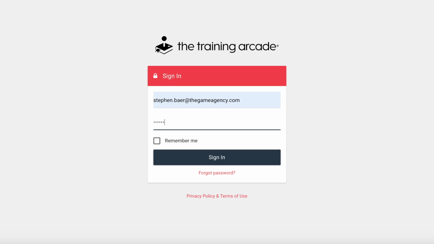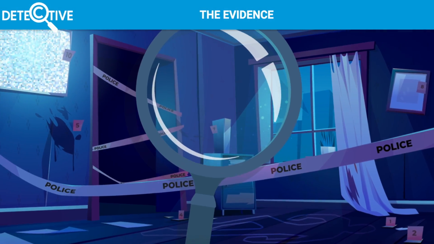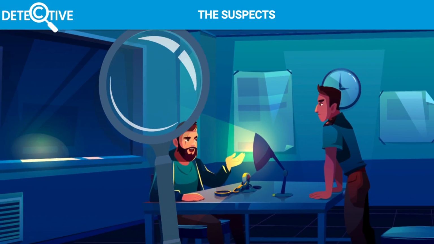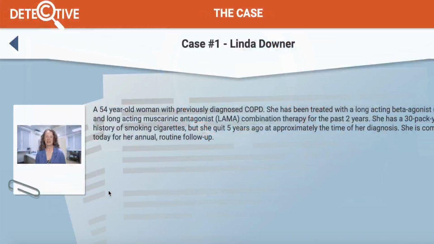Introducing the newest game to the training arcade, Detective. Detective is a highly engaging, interactive game that requires the learner to dive deep into their problem-solving, judgment, and cognitive